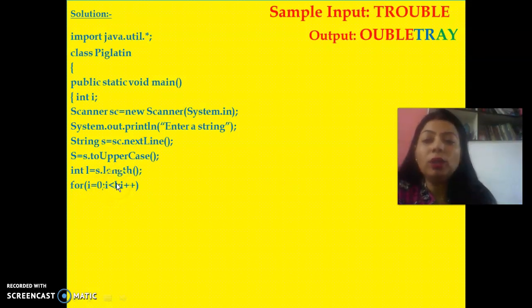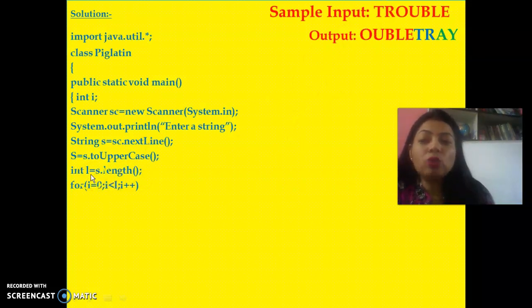Don't write equal to here, because the length counting starts from 1, that means 1, 2, 3, 4, 5, 6, 7 here. For this example trouble, in l we have 7. But the position of any string starts from 0.